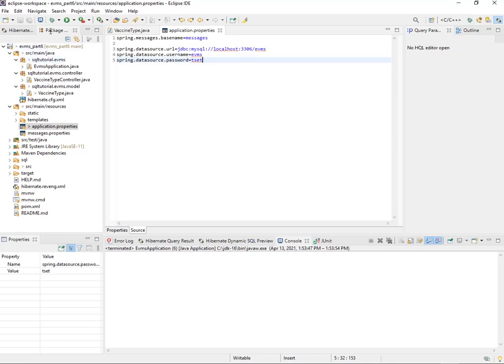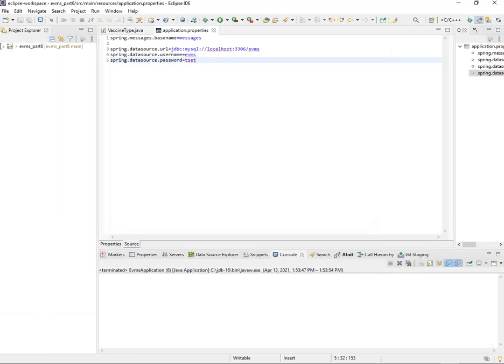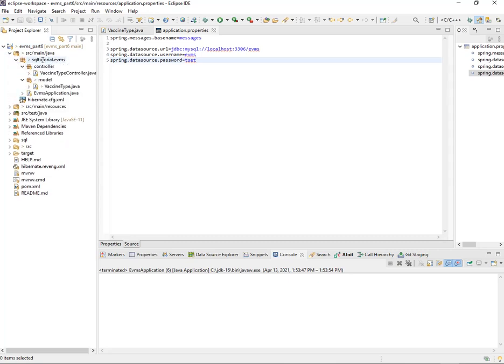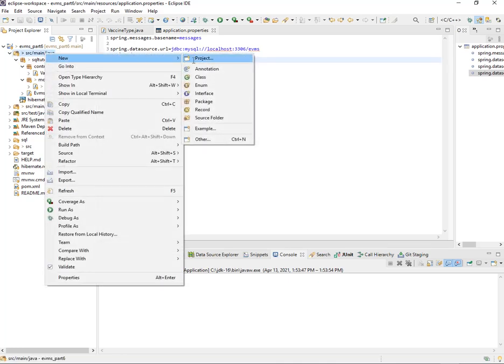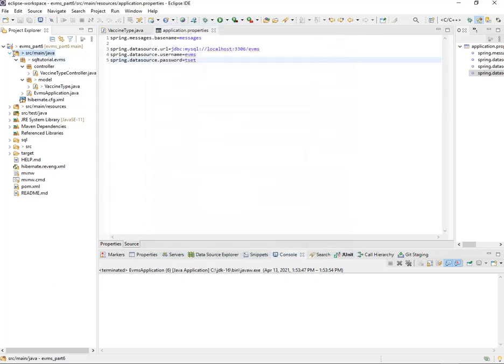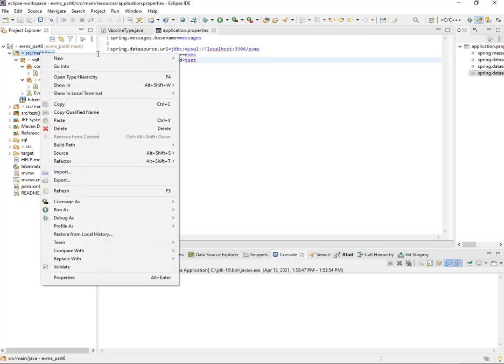So at this point, we really don't need to be on a Hibernate perspective. You can be if you want to, but I'm just going to go ahead and change it to JEE perspective. Right now I'm on Hibernate, so I'm going to change it to JEE perspective. And it gives me the JEE perspective, and of course I'm going to go to my Java, highlight that, right click, and create a new class file. Actually, not a new class file. I'm going to create a new